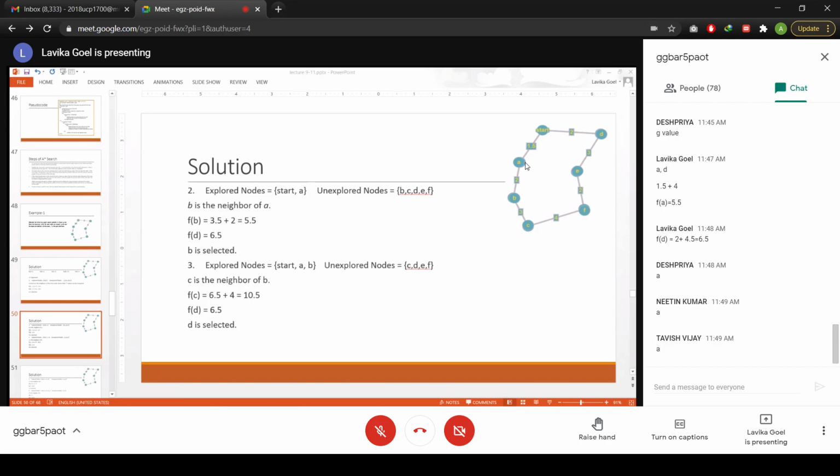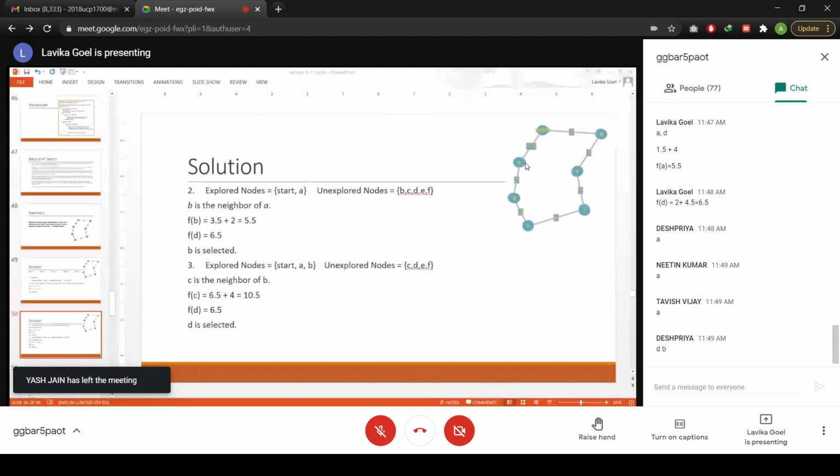So what nodes are there in your open list now? D was already there in the open list and B has come as the new node. So you have two nodes in the open list, correct? D and B, right? Fine. So you now have B and D in your open list.